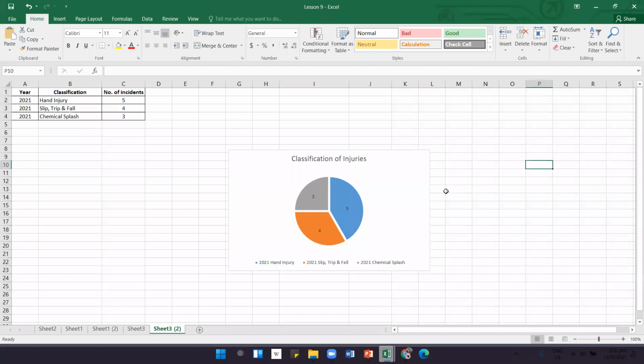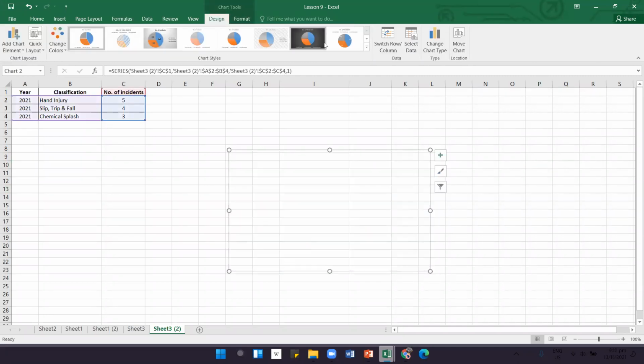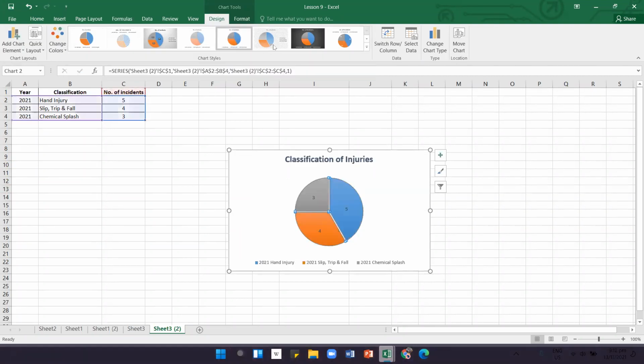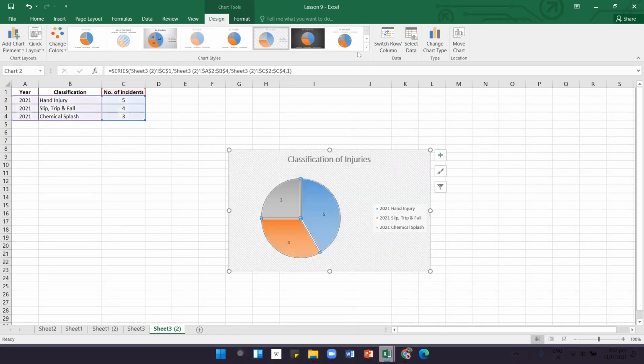Okay, so you can have this kind of thing. So same like what I have shown before, you can also use different types here. It depends on what you want, you can choose. Or you can also go here,